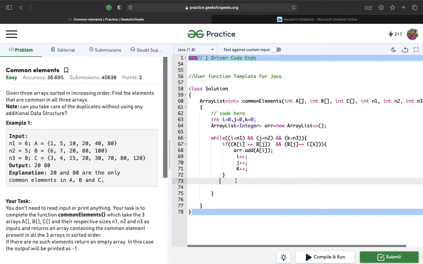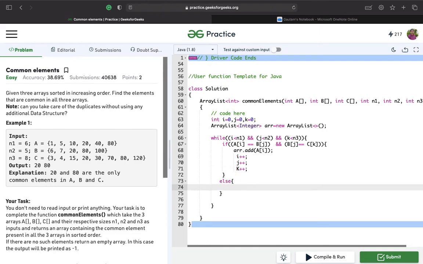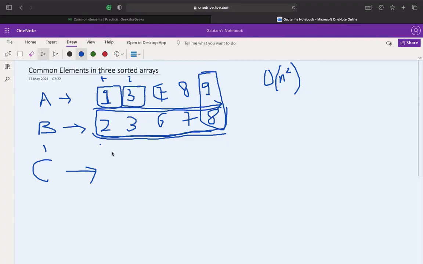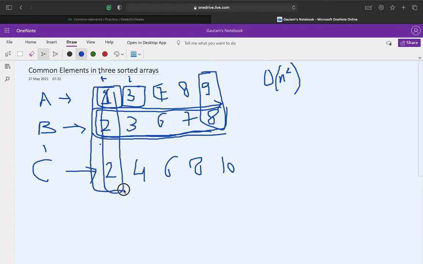Now else, if any of these 3 are not equal, we'll find the minimum of these 3 and increment that part. For example, this array is 2, 4, 6, 8, 10, which is sorted indeed. We'll find the minimum of these.